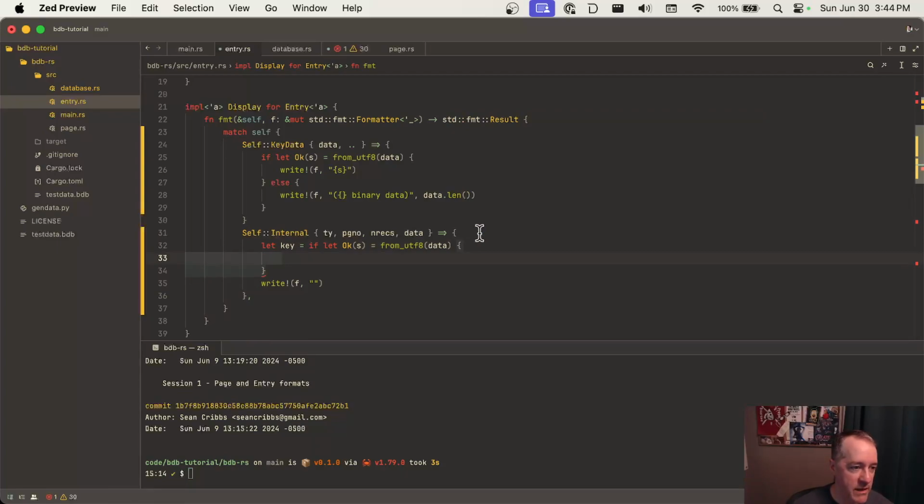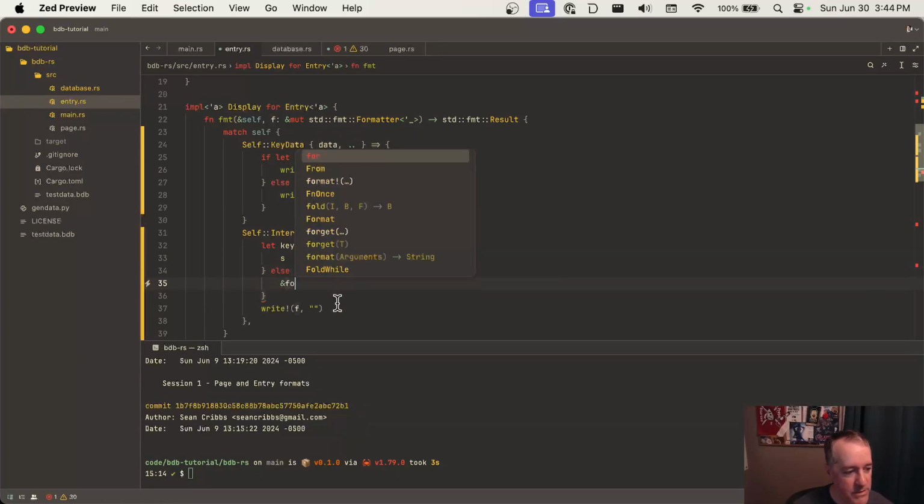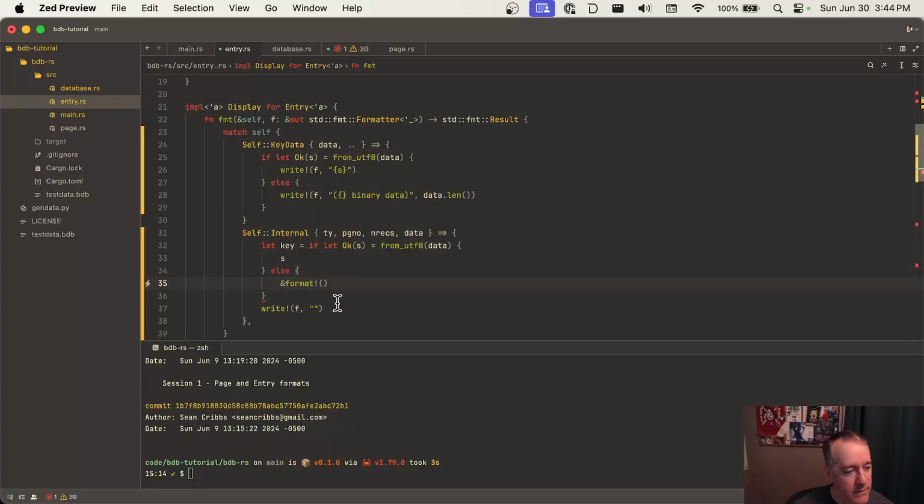Then we'll say s, and that should be a str. Otherwise, we'll do like format, similar to this, right? Let's just do this. We just want to show that it's binary data of certain length. And then we can say